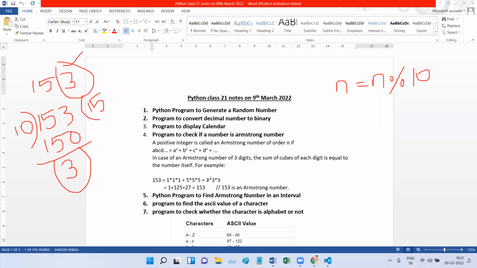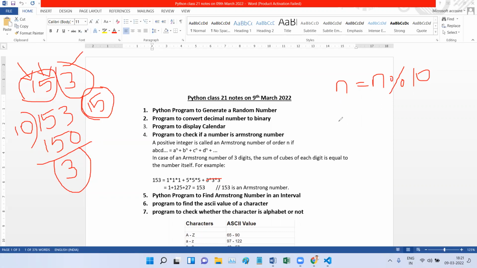So we can multiply 3 times 10. But now we also want to extract 5 out of this number, and we also want to extract 1 out of this number, right? Now that we are done with 3, we will take the rest of the number as an individual number. Where do we get this number? We get it in the quotient. In the quotient, you will get the remaining part of the number.